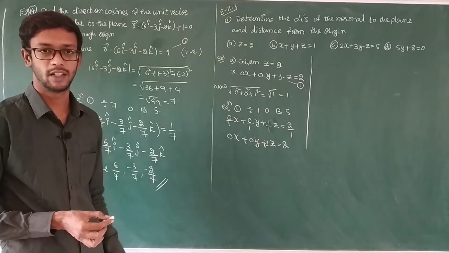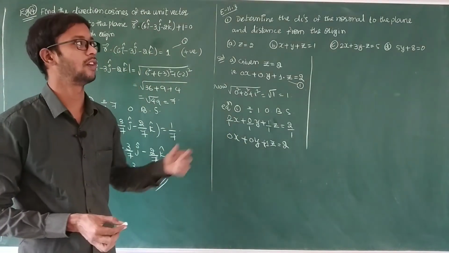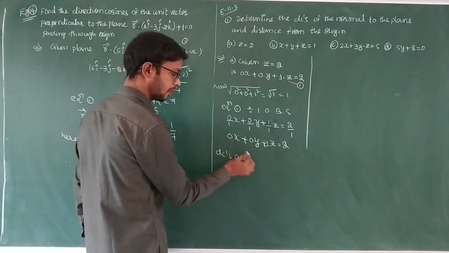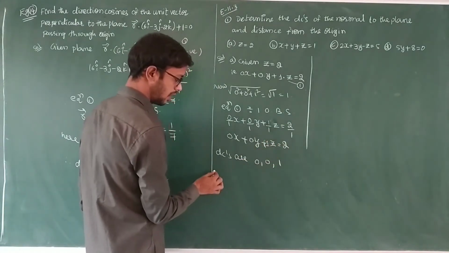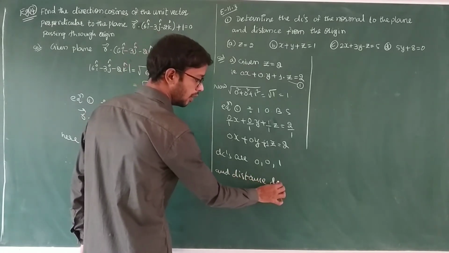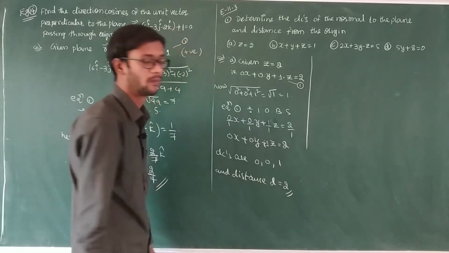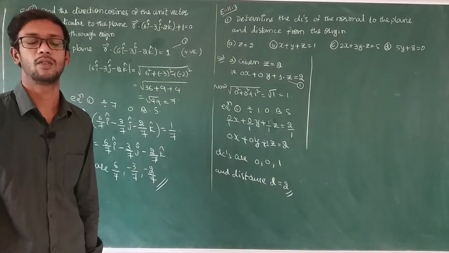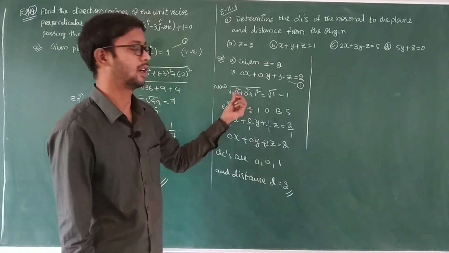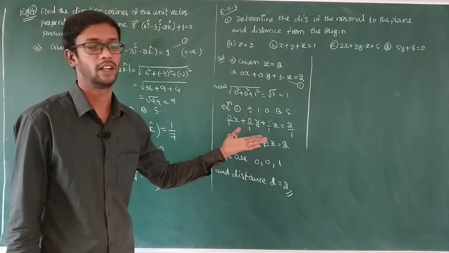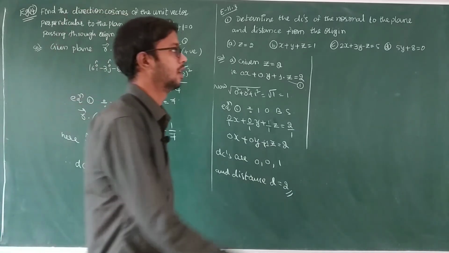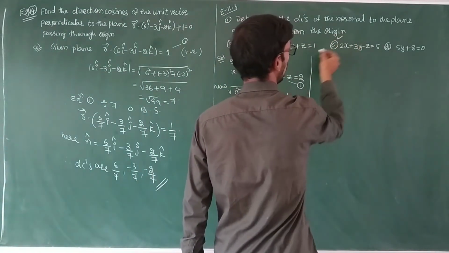So what are the coefficients here? This is the normal unit vector. So now the direction cosines are 0, 0, 1, and the distance d is equal to 2. So this is the way of finding the direction cosines and the distance. Here you observe the coefficients. Find the magnitude, then divide on both sides by that, and the right side you must get positive, that is the distance. So now these two problems you can take as homework.